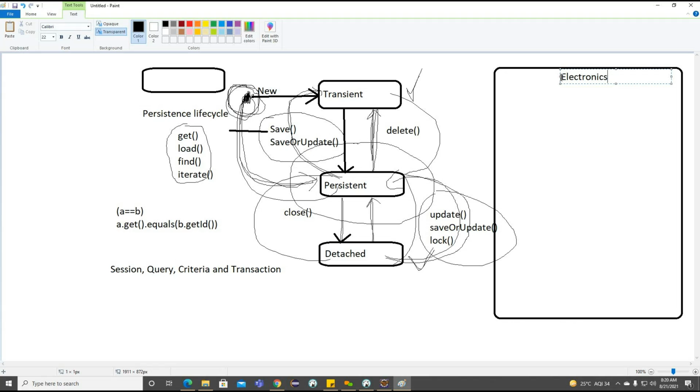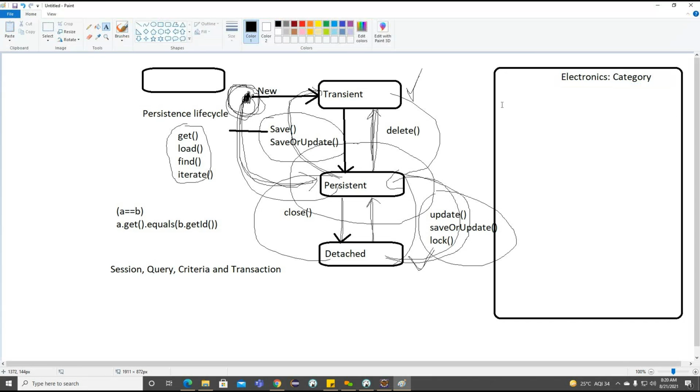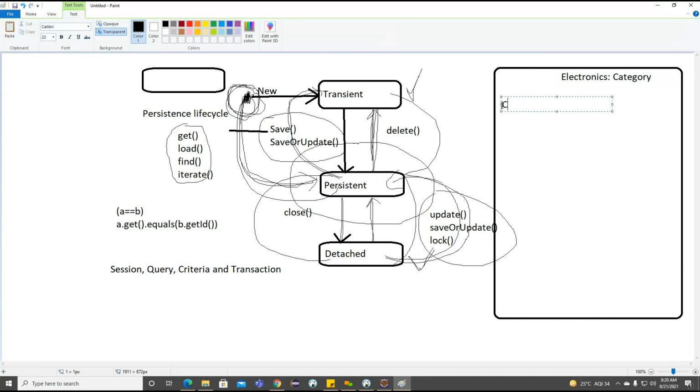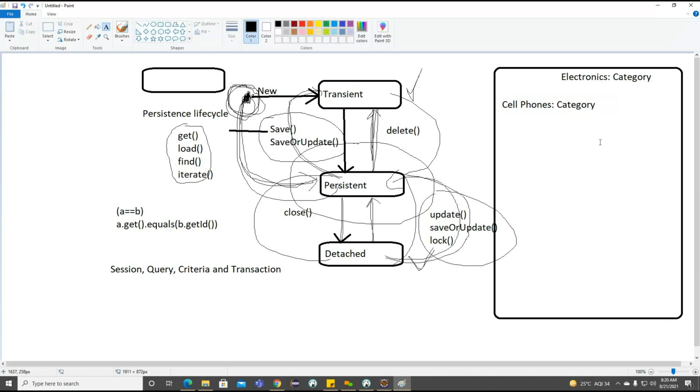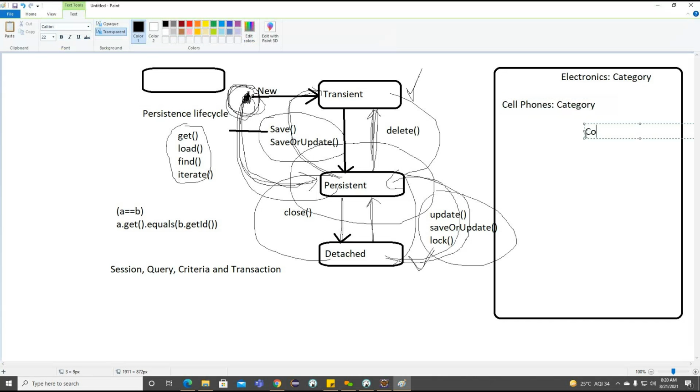Okay, so this is all about the electronics here, and so we can make this a different category called electronic category, and we can make one more category here, cell phone category, and we can write one more category here, something called computer related category here.